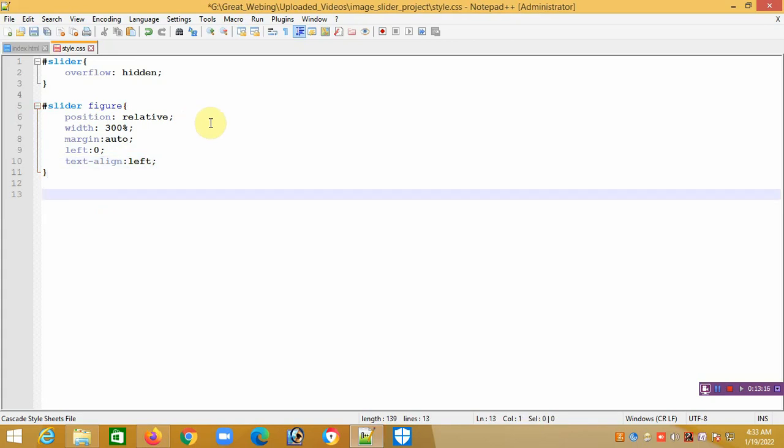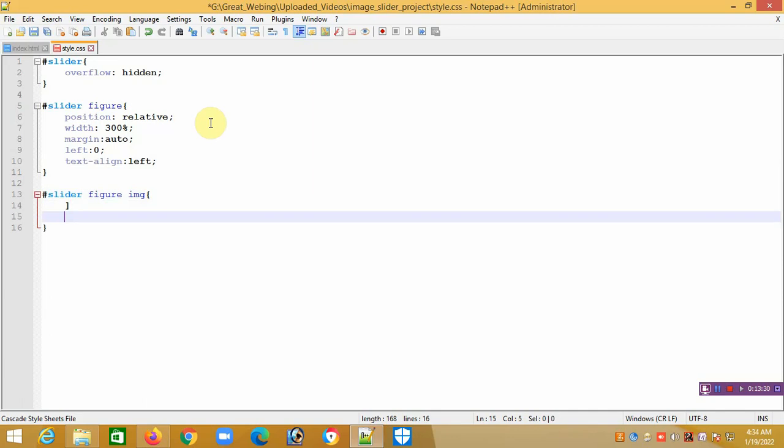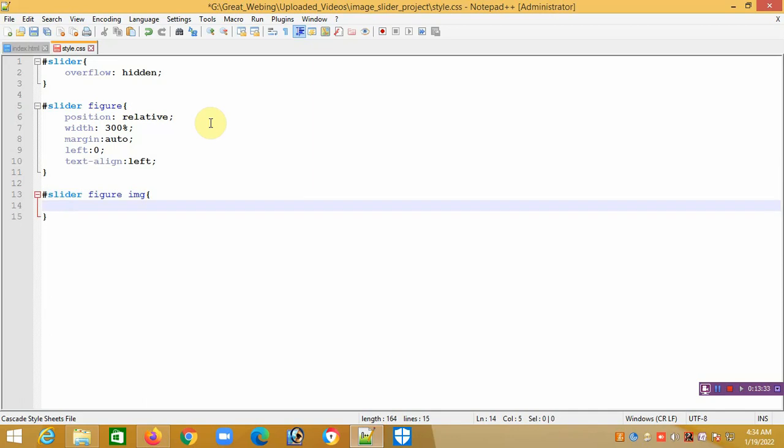Now I'll style for image, that is under slider, figure, and image img. So inside img I have to write width. So I'll take width 33.33%,